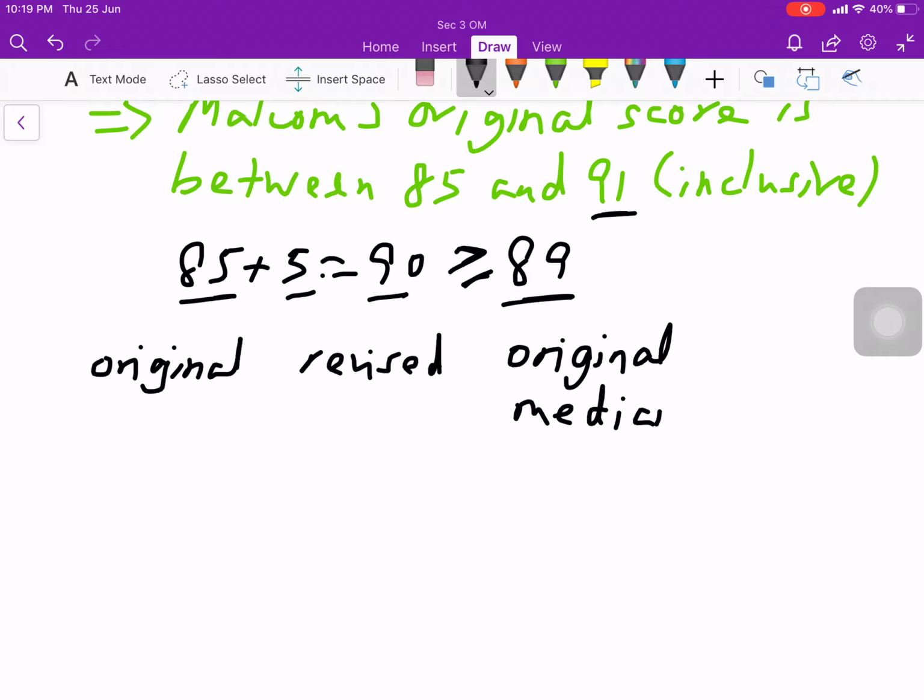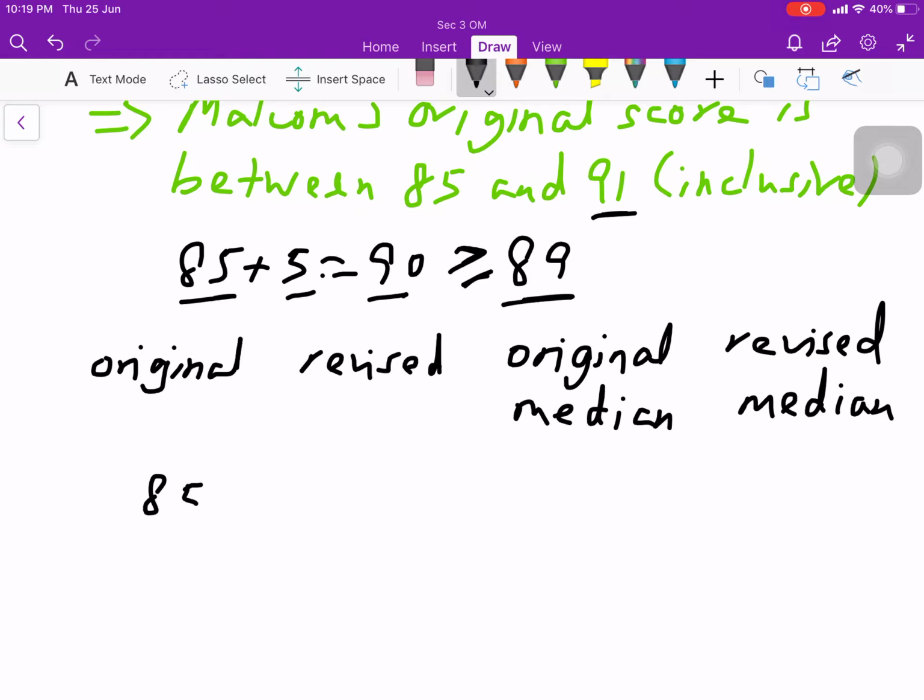We look at the original median. Then after that, we look at the revised median. Then I think you can actually deduce your answer from here. Can you see that if the original score is 85, the revised score will be 90? Then the original median is